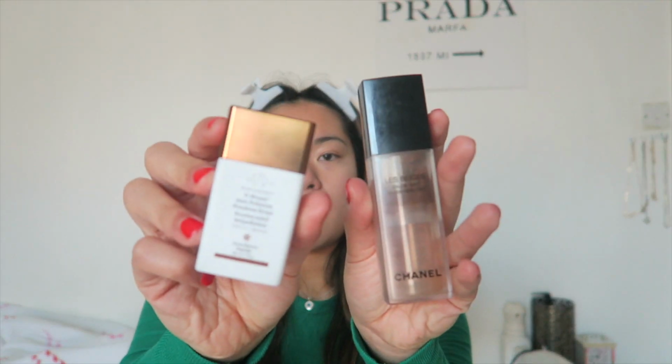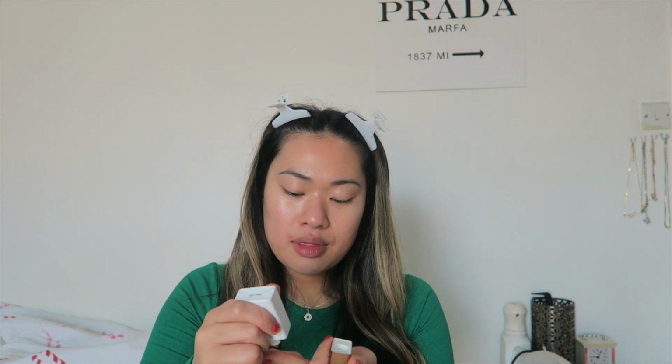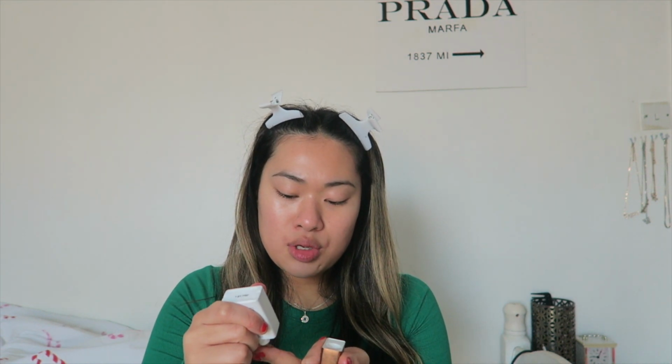I've got the Drunk Elephant D-Bronzi Drops, and I've got my Chanel Les Beige in the shade Deep, so I will be taking a little bit of both. With the bronzy drops, it gives a beautiful bronzy glowy finish to the skin, very glowy, not matte whatsoever. With the Chanel Les Beige, I would say it is more like a matte satin finish, but then when you mix them both together you get this beautiful